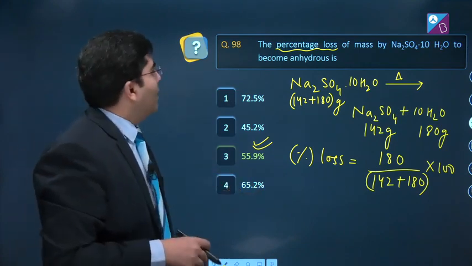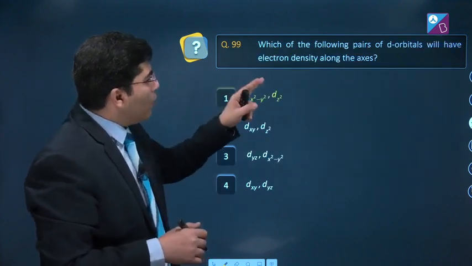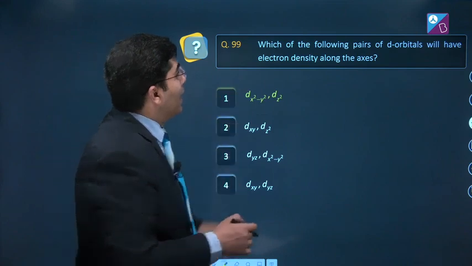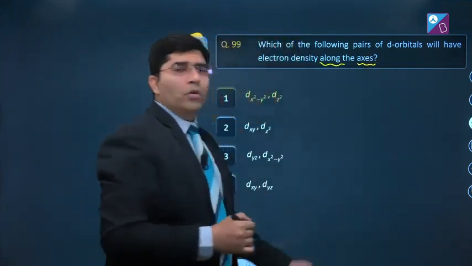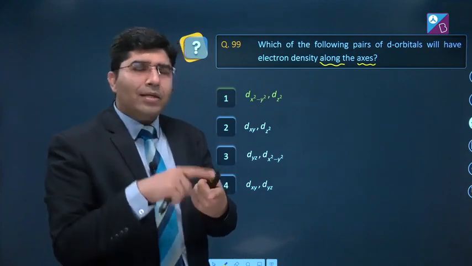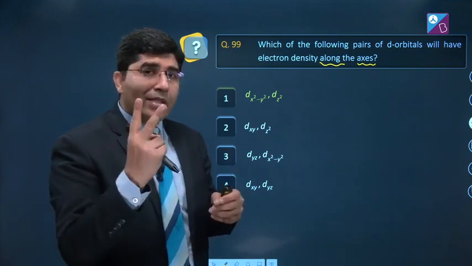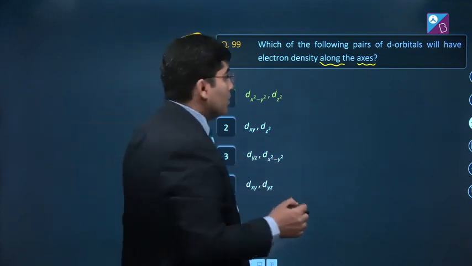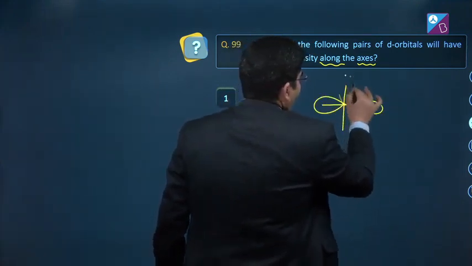अच्छा, चलते हैं आगे। द नेक्स्ट वन इज which one of the following pairs of the d orbitals will have electron density along the axis? एक्सिस के along किस में होता है? तो हम बात करते हैं हमेशा dxy की, yz, zx, x स्क्वायर माइनस वाई स्क्वायर और dz स्क्वायर। तो दो ऐसे होते हैं जो एक्सिस के थ्रू होते हैं, जिनके लोब्स,